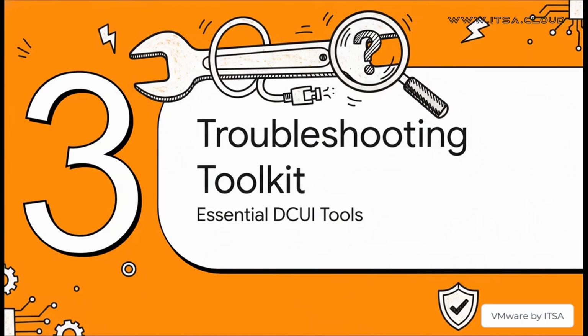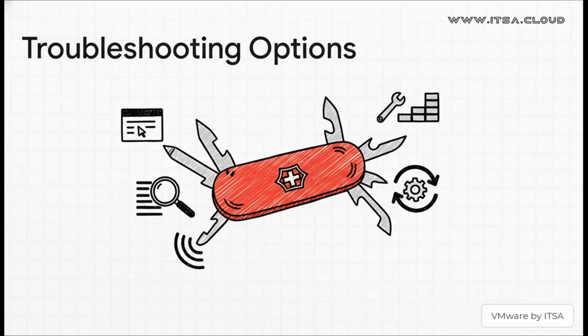But here's the thing, the DCUI is way more than just a setup tool. It's also your first line of defense when things start acting weird. Think of it as your emergency troubleshooting toolkit. I mean, look at all the power you have right here. You can turn on the ESXi shell and SSH for some deep command line work, though, pro tip, you should always turn those off when you're done for security. You can also dig into system logs, run a network test to see if your settings are working, or even completely reset the whole system configuration. It's like a Swiss Army knife for your host.